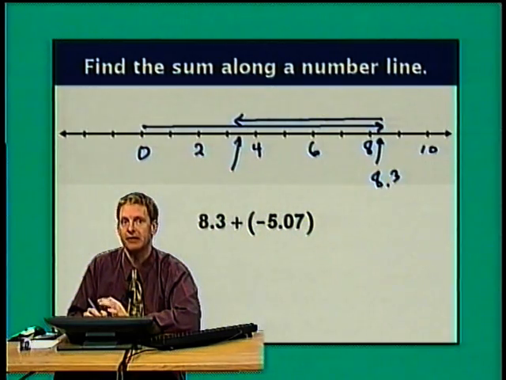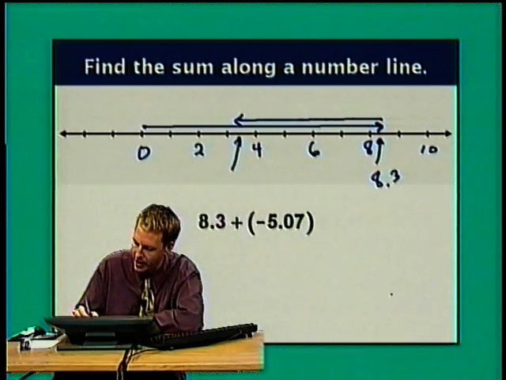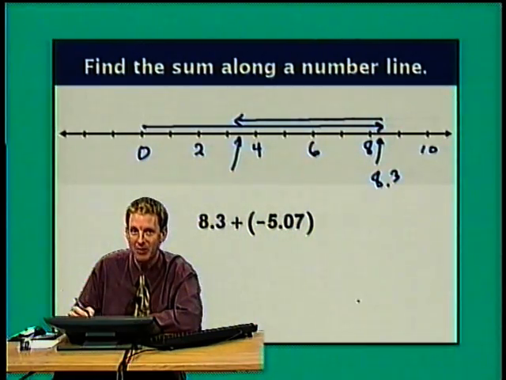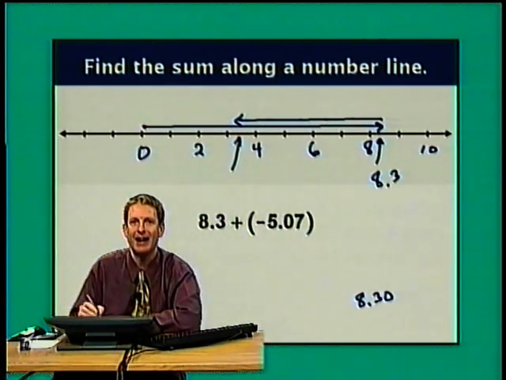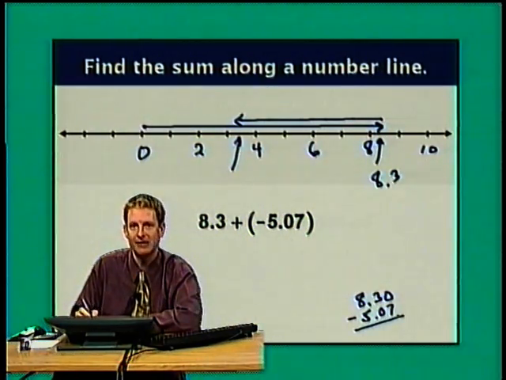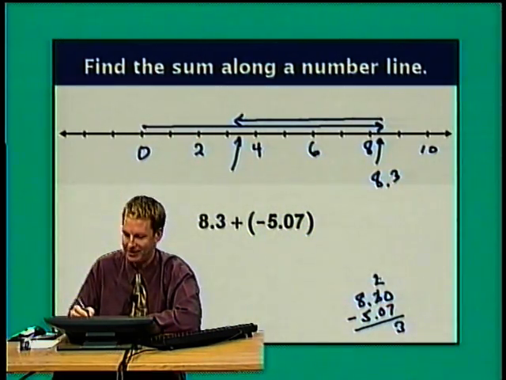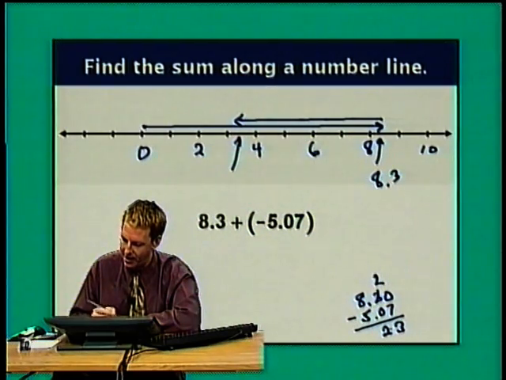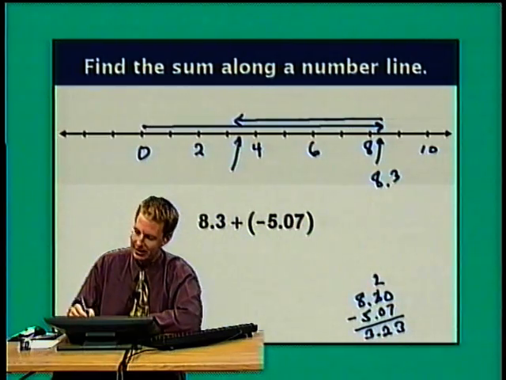It is the difference, the positive difference between the absolute values of the two numbers in the sum. So essentially, what I need to do here is I need to take 8.3. I'm kind of doing this on scratch paper, kind of metaphorical scratch paper here. I need to take 8.3 and I need to subtract from that 5.07. So let's see what we get. Let's see, we got a 3 there. We had to borrow 1 from that 3 to get that 3. So we've got 2 minus 0 there, and we have a 3 when we subtract 5 from 8. This is my scratch work.